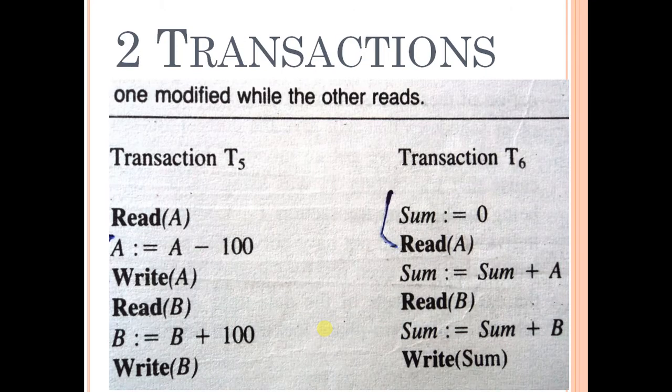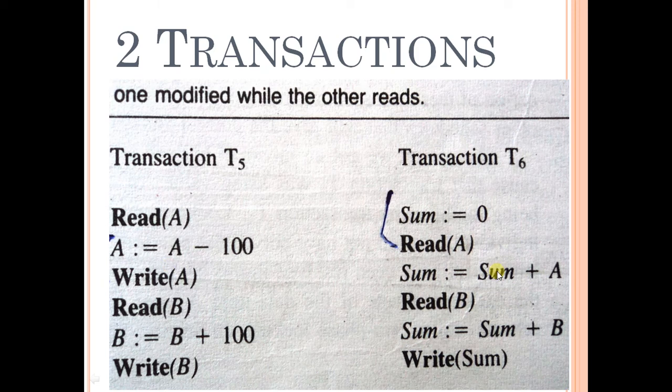Like this. These are two different transactions. Number one, it is reading 100 rupees from one account and adding those 100 rupees to another account. This is one transaction. Another transaction is trying to compute the total of those two accounts. So both are different transactions, and this is the schedule of this transaction, and this is the schedule of that transaction. So both transactions have six instructions.